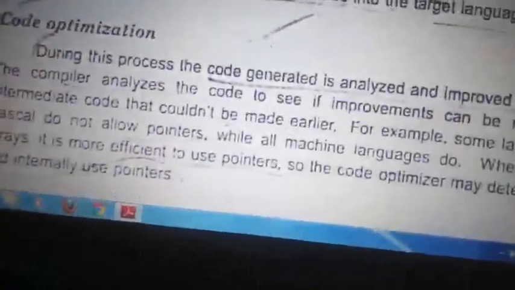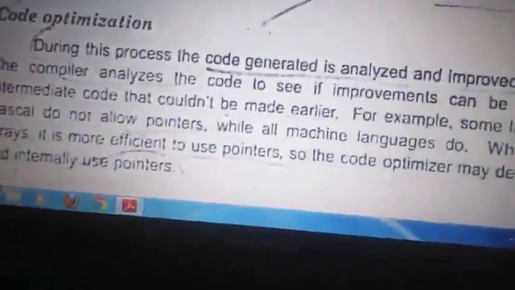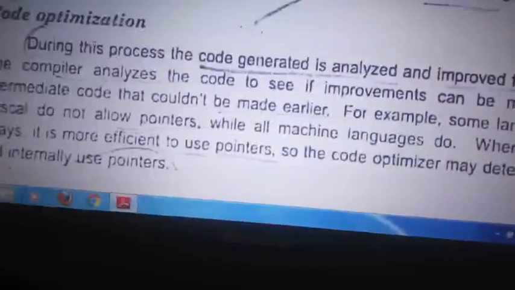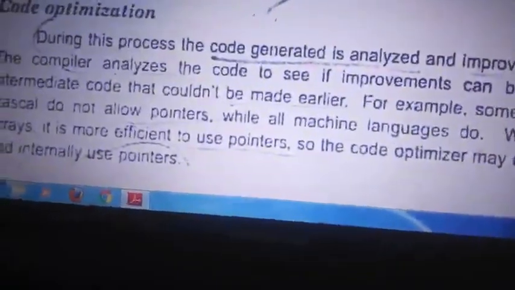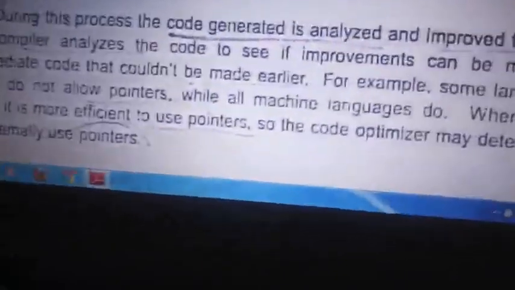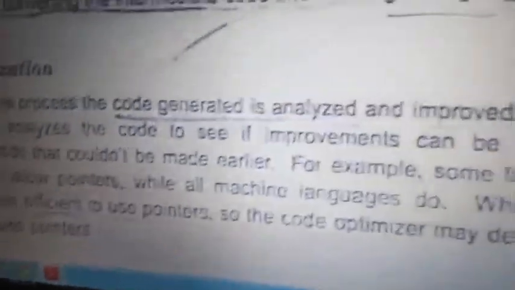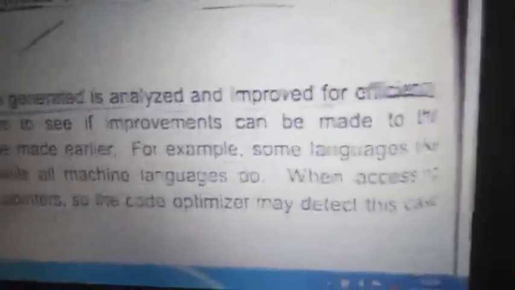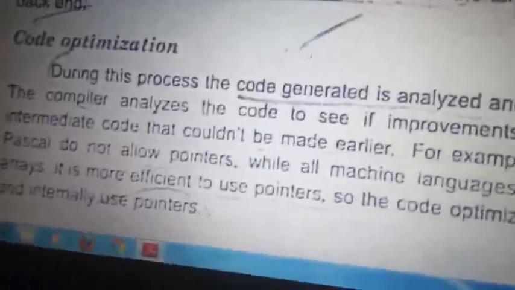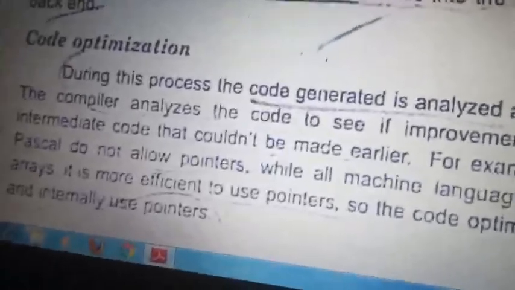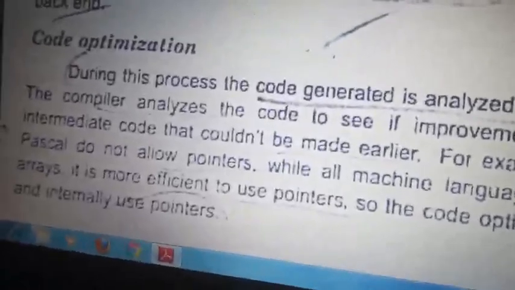This is nothing but optimization. Optimization means we are using a better method to make things easy or efficient. When you generate code and improve its efficiency, we call it optimization. For example, to access any address, the best method is using a pointer, rather than simply going one after the other.